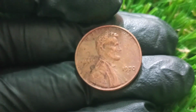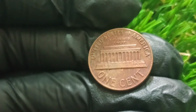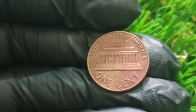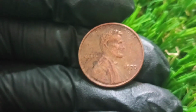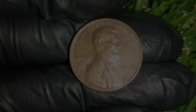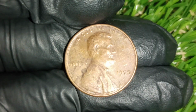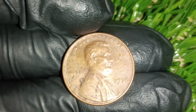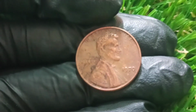But even without every answer, it remains a breathtaking example of how minting errors, far from being flaws, can sometimes produce accidental masterpieces worth millions. And as more such discoveries continue to be made in attics, basements, and pocket change, remember that every coin you touch might be more than just a piece of metal. It might be a hidden treasure, a historical accident, a miracle of metallurgy and timing that only happens once in